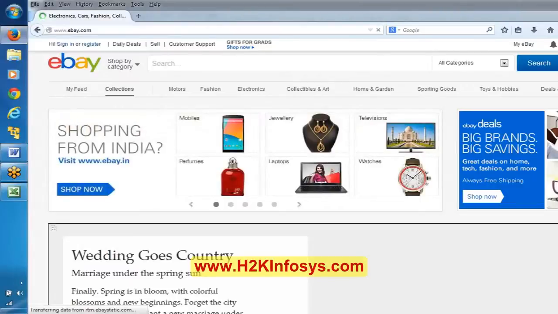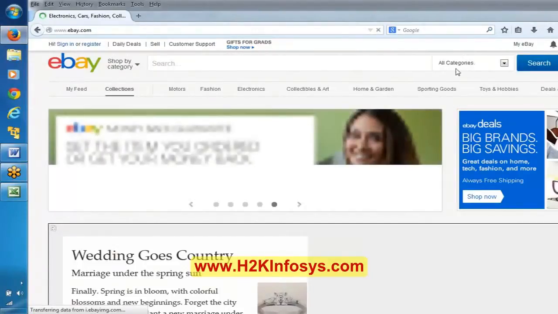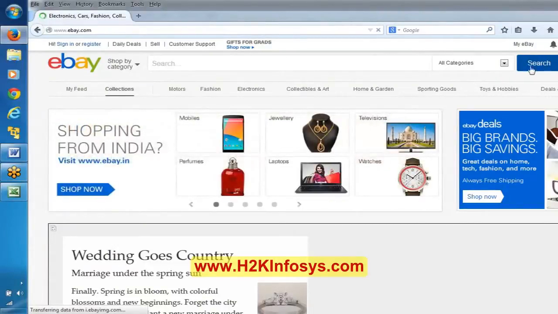Now we are trying to find the HTML tag and attributes of this particular text box, and in a similar way, the HTML tag and attributes for this list box, and for this particular button.